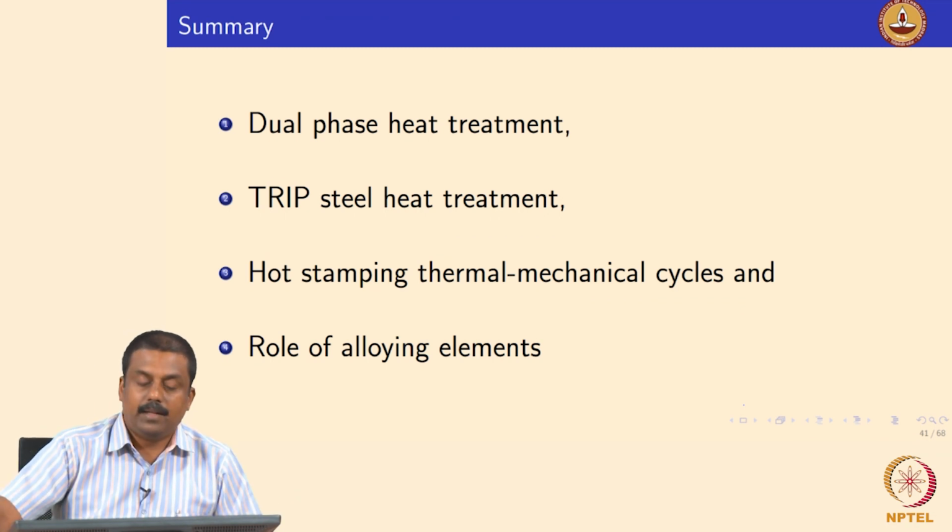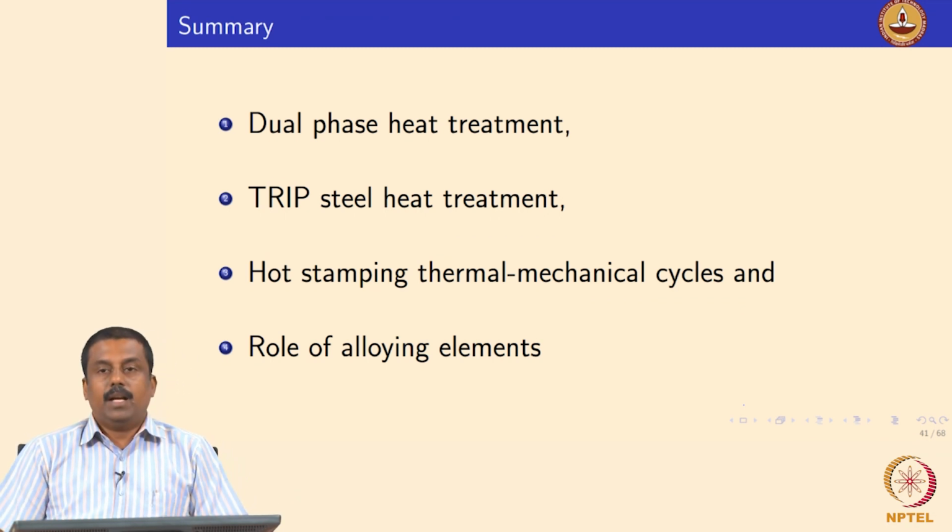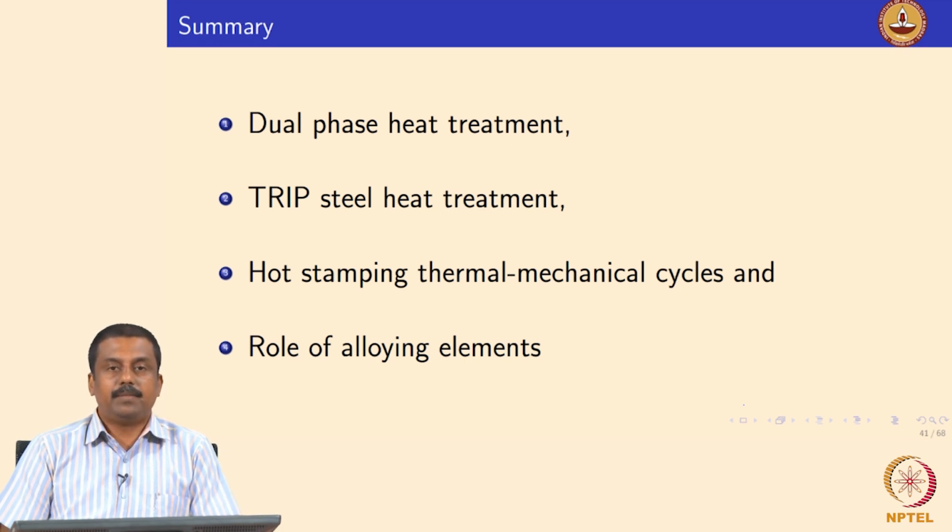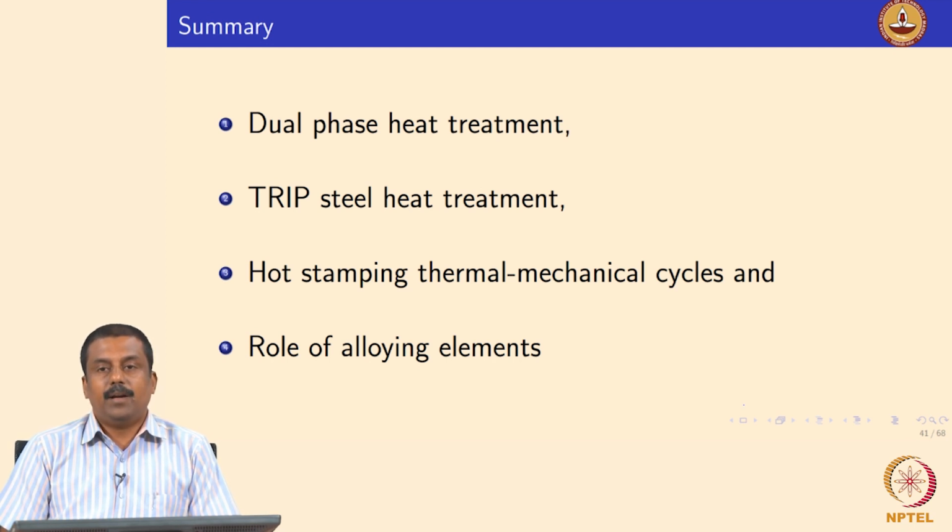So to summarize this class, we looked at the heat treatments that are needed to generate dual phase microstructures, the role of carbon partitioning during intercritical annealing, and how the carbon partitioning to the austenite can lead to martensite formation. Then we moved on to TRIP steel microstructure, how we get the three phase microstructures: ferrite, carbide free bainite, and retained austenite, where we suppress cementite formation to enrich the austenite, and because of the carbon enrichment the transformation of austenite to bainite ceases incompletely